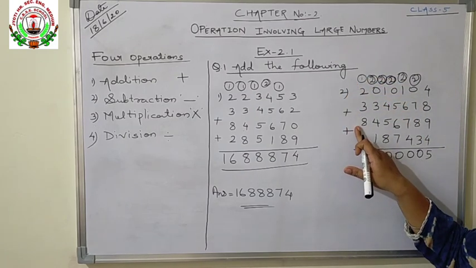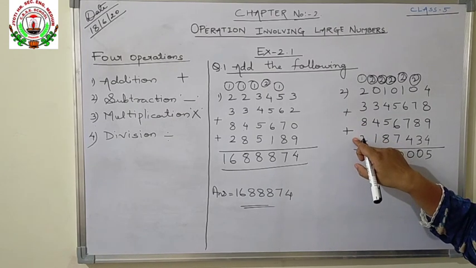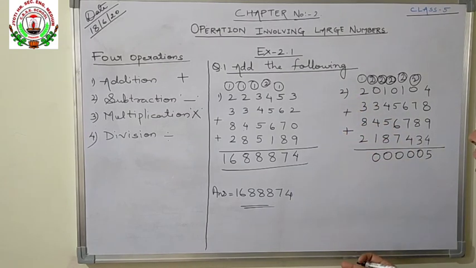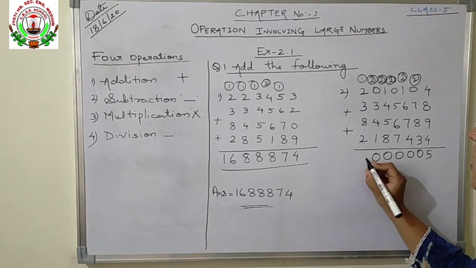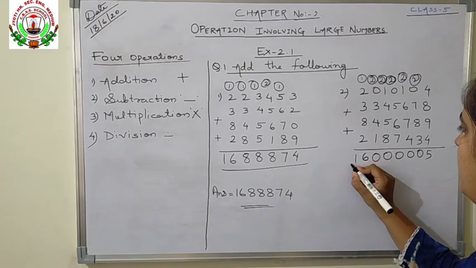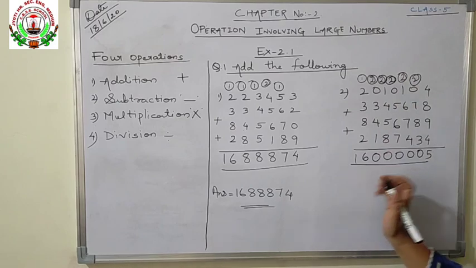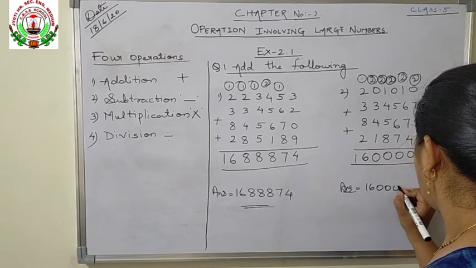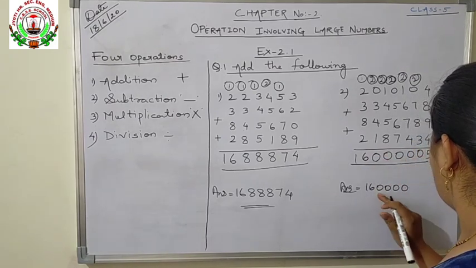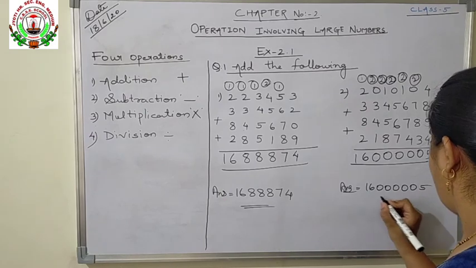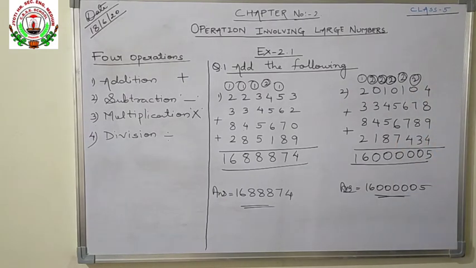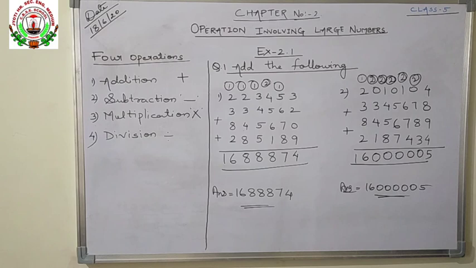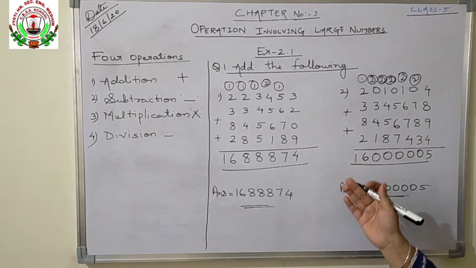6 plus 8 is 14. 3. 2 plus 1 is 3. 3 plus 3 is 6. 6 plus 8 is 14. 14 plus 2 is 16. So here we will write 16. This we have solved. Now we will write the answer below here. Answer is equals to 3 4 5 1 2 3 4 5 0 and 5. In this way you have to solve the question and write. After solving the question, below the question you have to write the answer like this. Okay, like this only you have to solve the rest of the question.